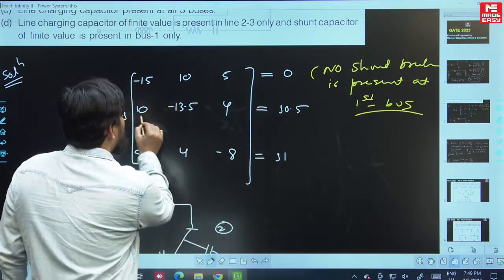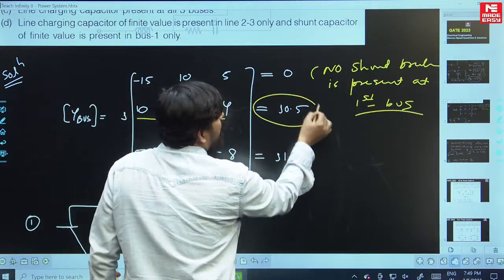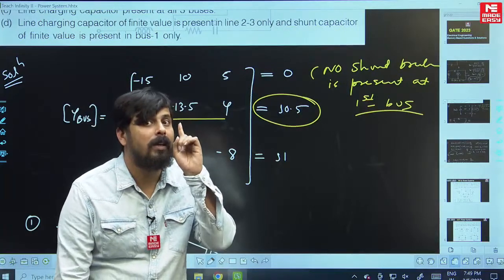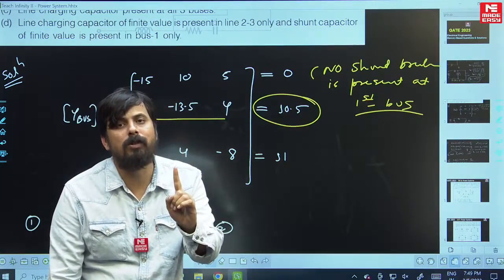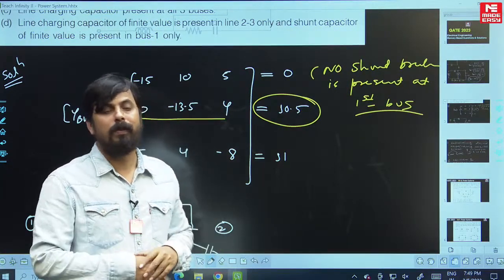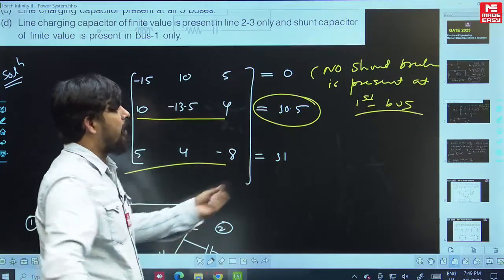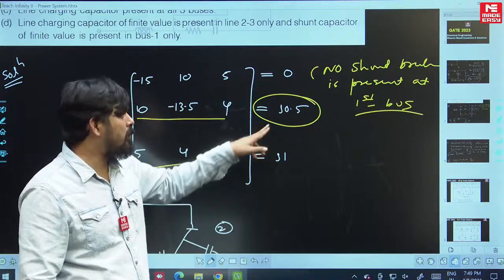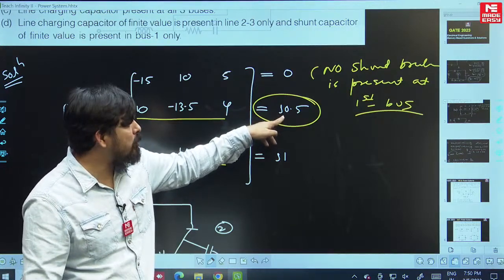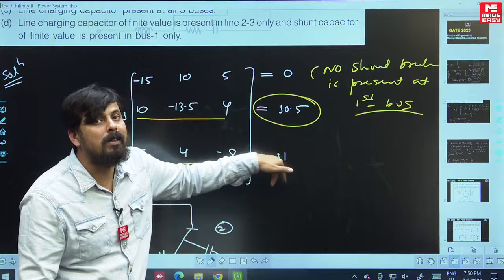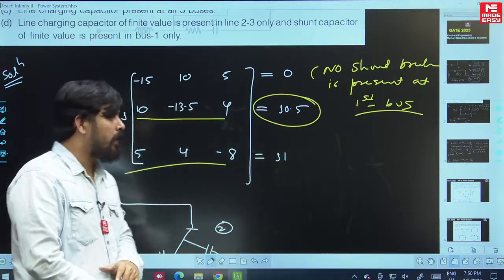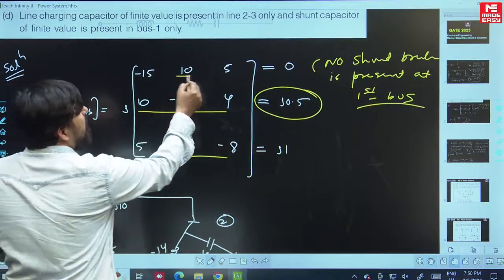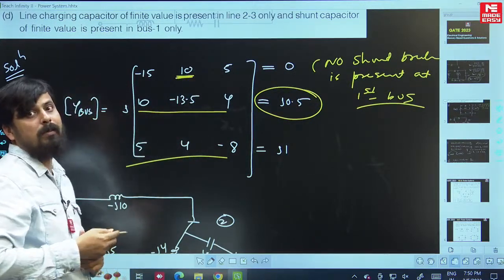बेसिकली अगर आपने सेकेंड रो को जोड़ा और आपको आंसर में मिला J0.5, इसका मतलब दूसरे बस पे नेट शंट एडमिटेंस J0.5, तीसरे बस पे नेट शंट एडमिटेंस जो है वो J1 है। तो दूसरे बस पे नेट शंट एडमिटेंस J0.5, तीसरे बस पे नेट शंट एडमिटेंस J1 है। ठीक है, तो अब बस इसी हिसाब से हमको सर्किट बनाना है।